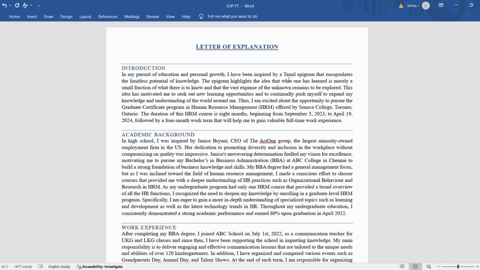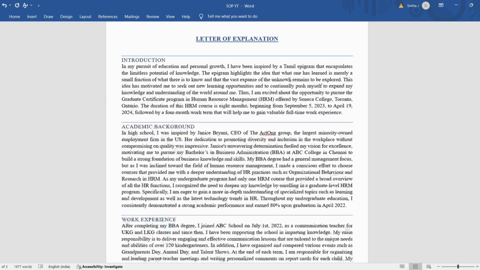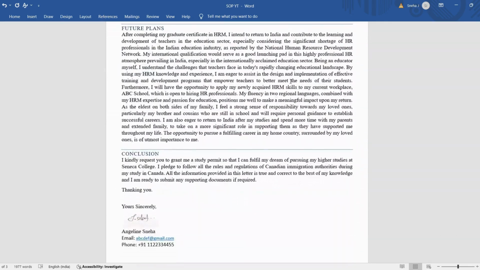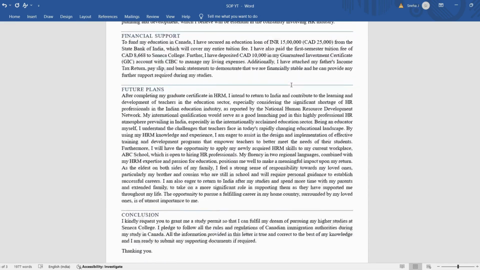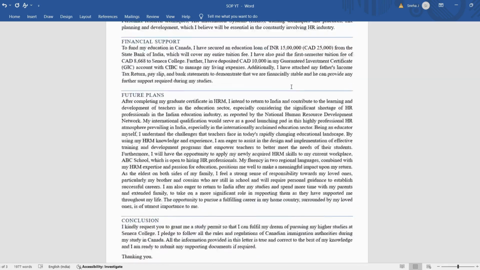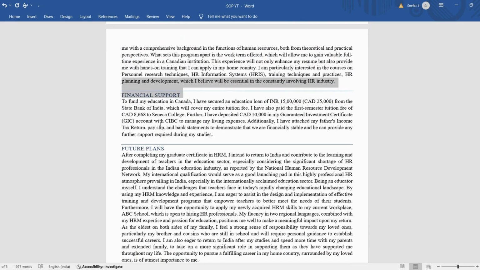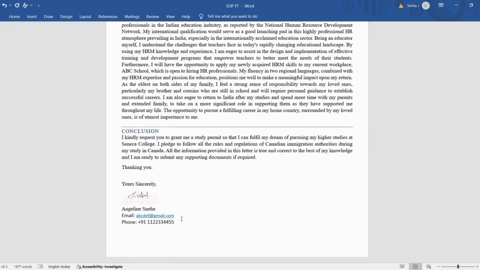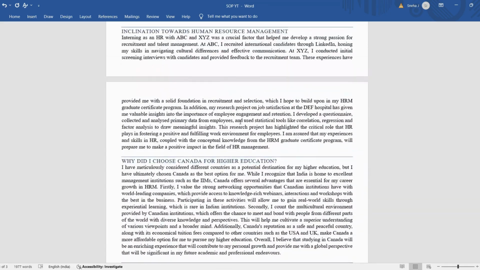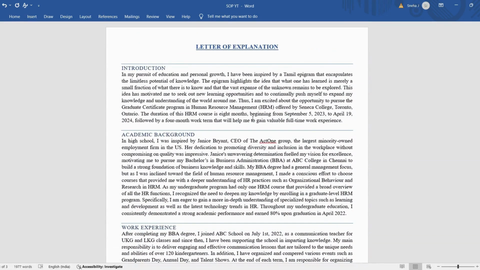So, this is my letter of explanation or SOP, which I submitted to IRCC for my study permit. It is 3 pages, and I have used kind of both formats, letter and essay, because I have used headings, but I have completed it by signing it off and giving my contact information. So I prefer this format, so I did this. It's your choice to choose whatever you please. Now let's go deep into each of the sections and I'll give you hints.